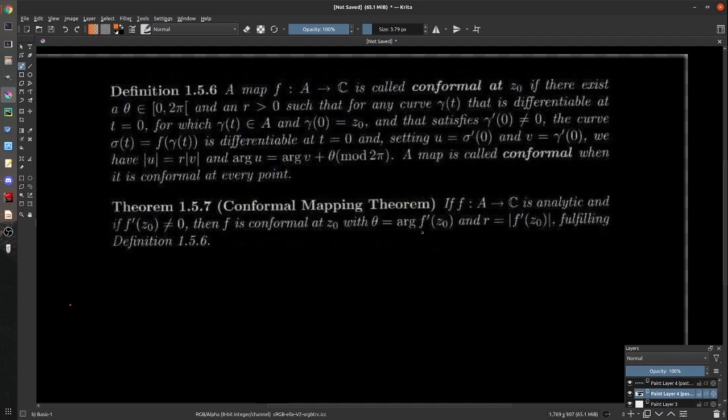That is, if theta is the argument of the derivative at a point, and r is the modulus, this is kind of like saying, hey, well, the rate of change, in terms of what it's doing to the arguments, the angle of approach of a curve, it's just moving it by theta, and then it's stretching everything by its modulus, right? So in another way, and this is probably the much easier way to say it, let's recall,